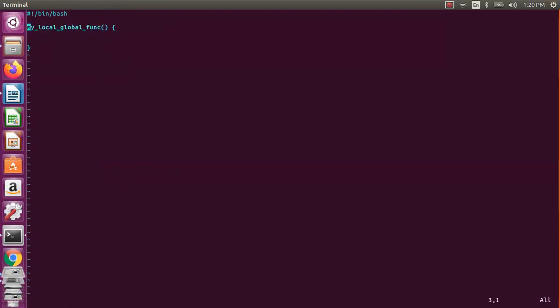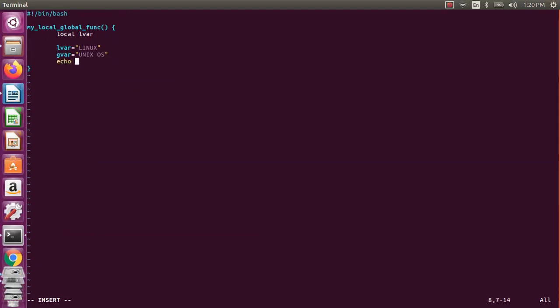Now let us define two variables here, L local variable. Let us assign this L local variable as Linux, and the global variable I just say Unix OS. We'll pass Unix from that actually, and let us print that one.